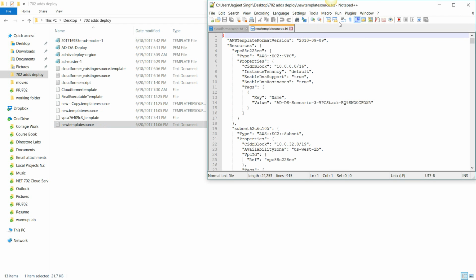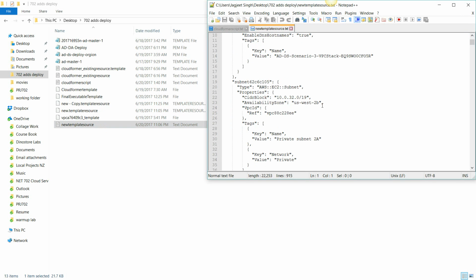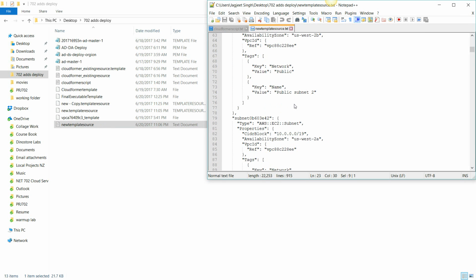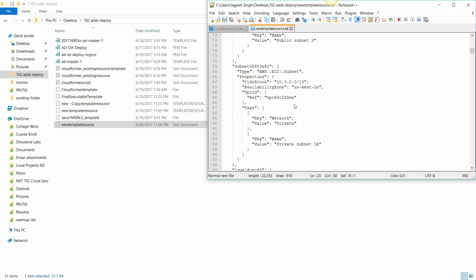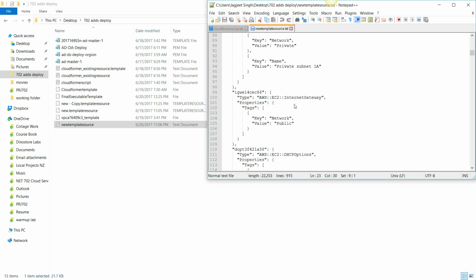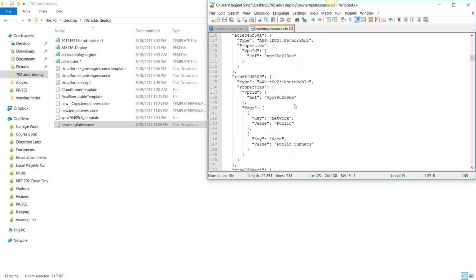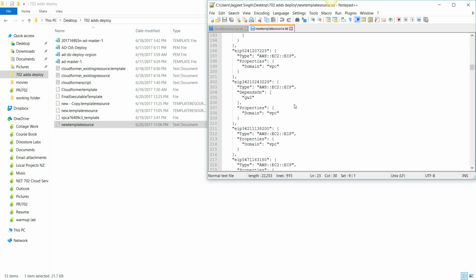One more thing, now we have the code, but this code will not work in a different region until we change a few things. The things that we need to change: one is the availability zone, because if we are going to launch this infrastructure in Sydney, we need to change it according to the Sydney availability zone, which is ap-southeast-2. And the second thing that we are going to change is the elastic